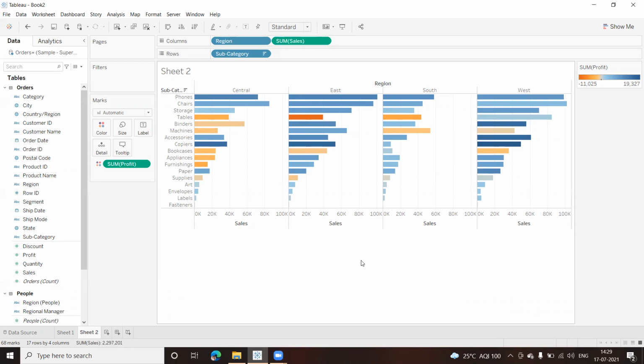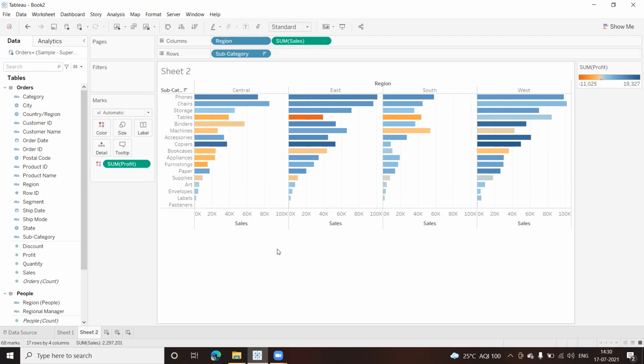So when I introduce region, now look at the image changing, and the insight also changes. East is giving me the highest loss, minus 11,025, in the darker color. Whereas West is giving me a profit of 1,483. So I can continue selling my item tables in West, and I can stop selling in East and the other areas as well. This will help me make a decision, right?